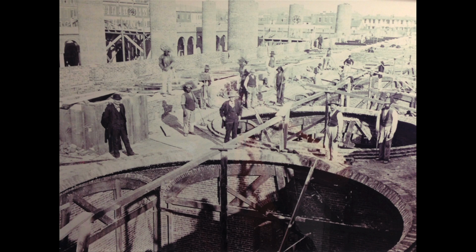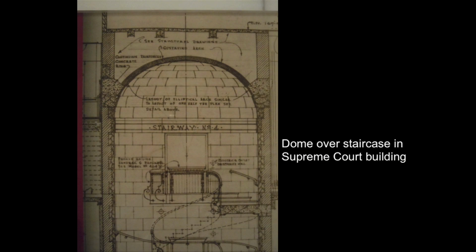And it's an interesting thing to think about whether he could possibly have been engaged in this, or what was available to Meigs in terms of fireproof construction technology at the time. And I think there's more research to be done on these vaults, and so I just wanted to make a parallel with those domes. Also, in the Supreme Court building over the stair, there's a Guastavino vault, and we're constantly